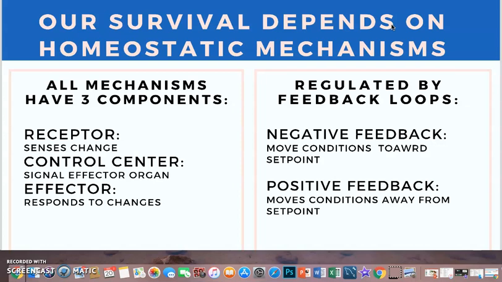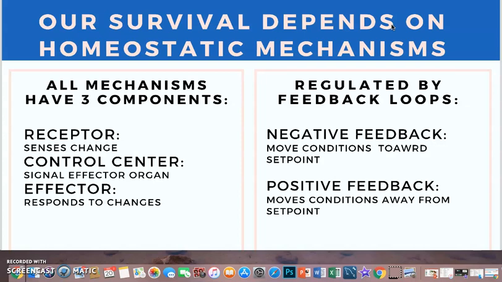Homeostasis is important because our survival depends on it. In order to properly function, the cells in our body and all living organisms require specific conditions, which can sometimes be referred to as set points. So if our blood pH is too high or our blood pressure suddenly drops, this can affect our cells and actually cause them to stop working. And if the damage is extreme enough and homeostasis is irreversibly lost, then the result is death.